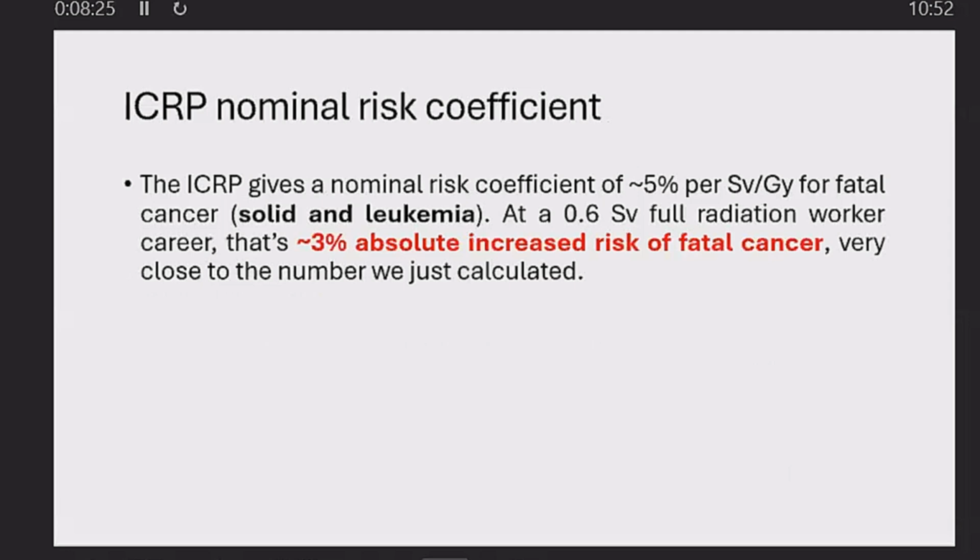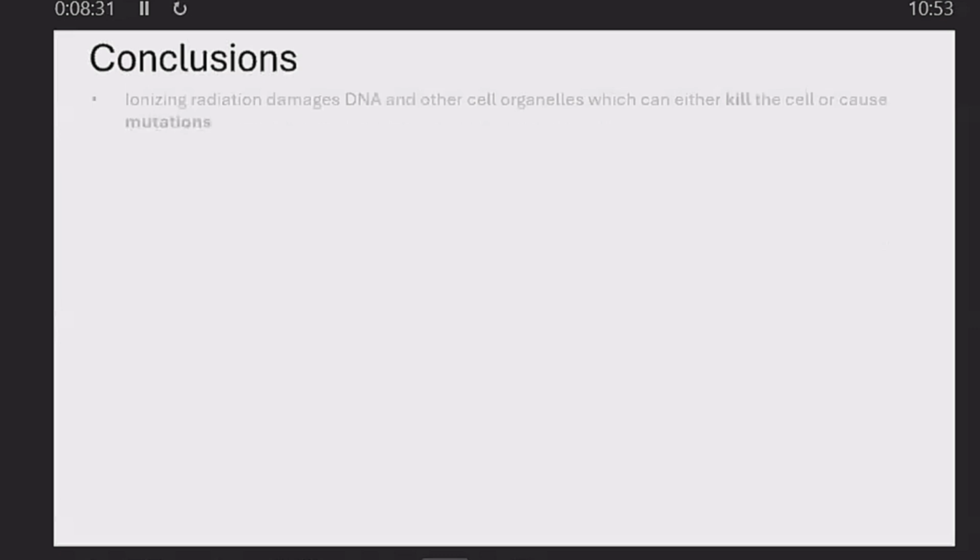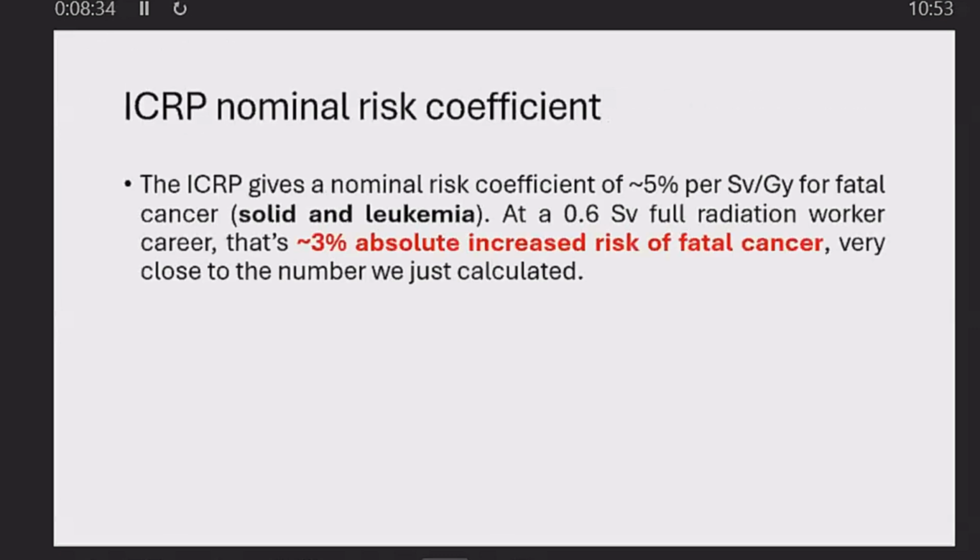We sort of calculated that ourselves by estimating a few things from the raw data. The ICRP gives a nominal risk coefficient of 5% per sievert for fatal cancer. That's solid and leukemia. So if you include leukemia, yeah, we just did it for solid cancer. We do solid cancer plus